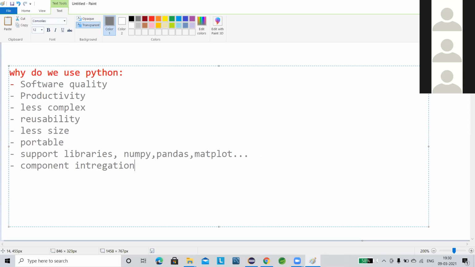Suppose you have written some code in Java, and now you are writing in Python. You don't need to rewrite all the code that was written in Java again and again. Python uses component integration to convert your Java code to Python or Python system code. There are several modules where you can execute the Java code, or it will create a similar kind of code. Same as for C also.